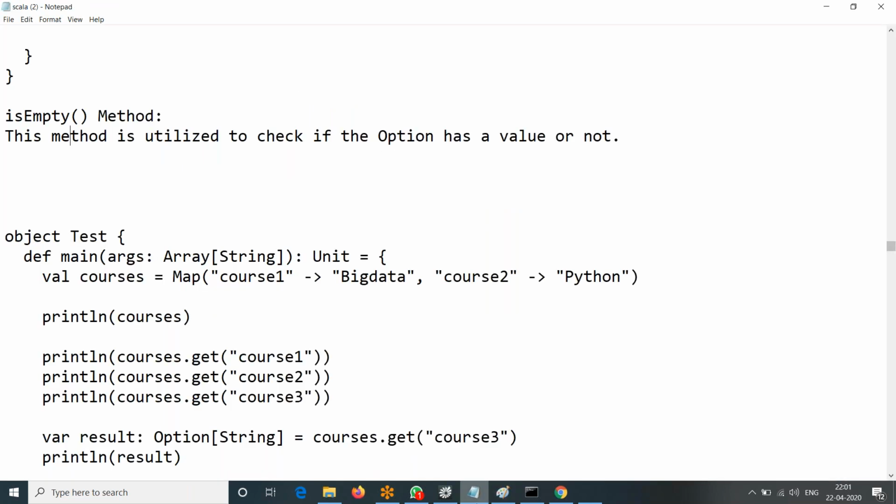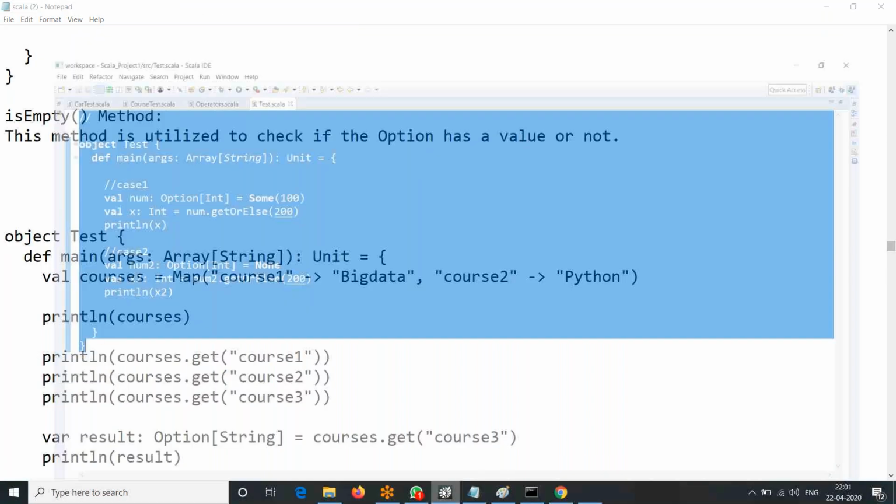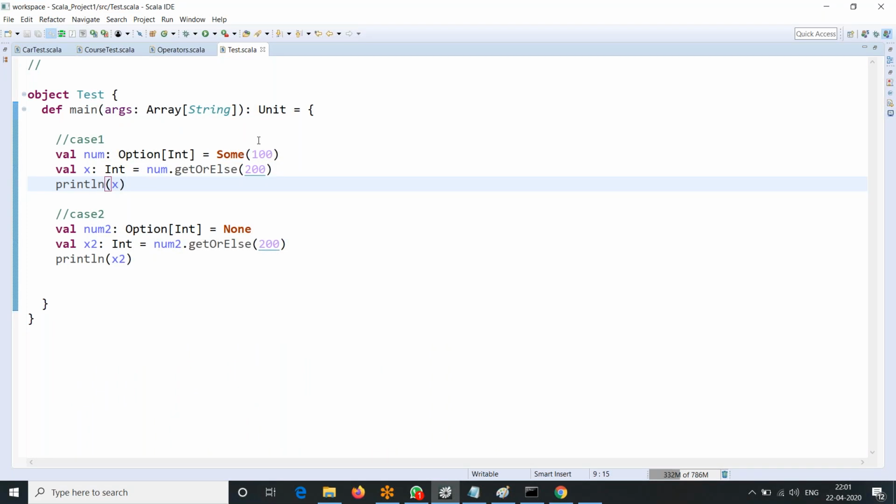You got it, right? So it's a simple use case. We can just quickly test it here itself. So that's what isEmpty is. isEmpty just checks whether your option is empty or not. Empty in the sense whether it has some data or it's None. If None, it means it is empty. If not, it is not empty. That's it. So maybe on top of this, you can do one thing.